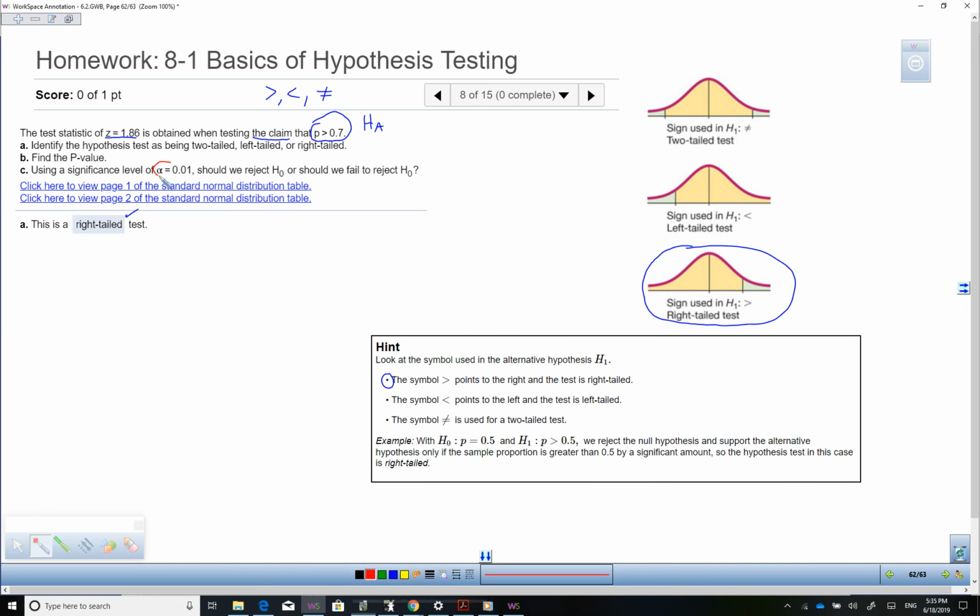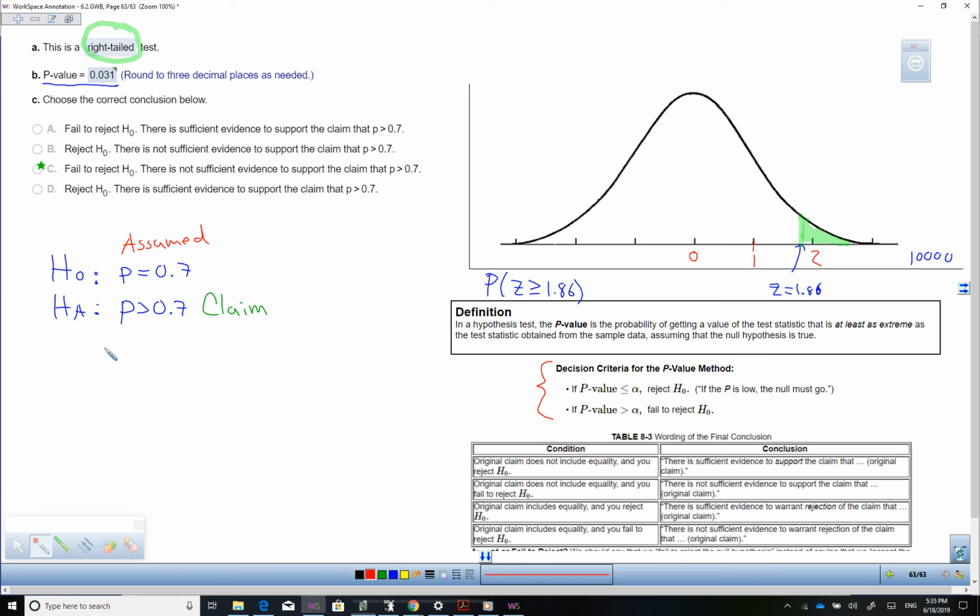The significance level here is 0.01, and the p-value you obtain in this part is 0.031. So if the p-value is less than the significance level, we reject the null hypothesis. On the other hand, if the p-value is greater than the significance level, we fail to reject the null hypothesis. In this